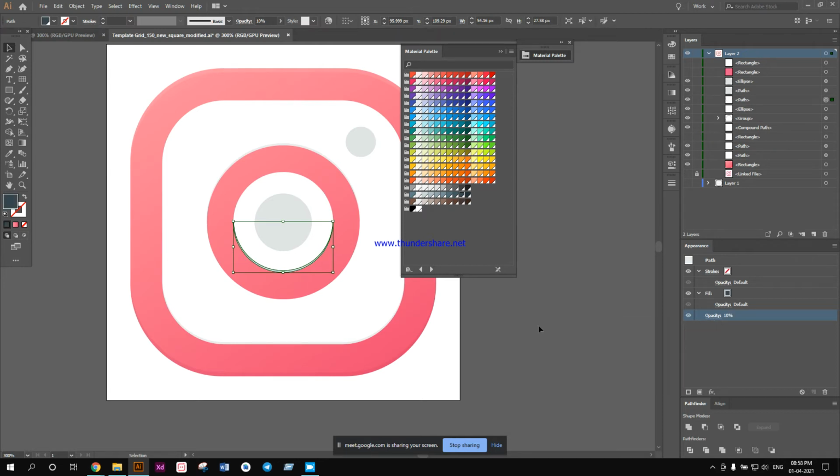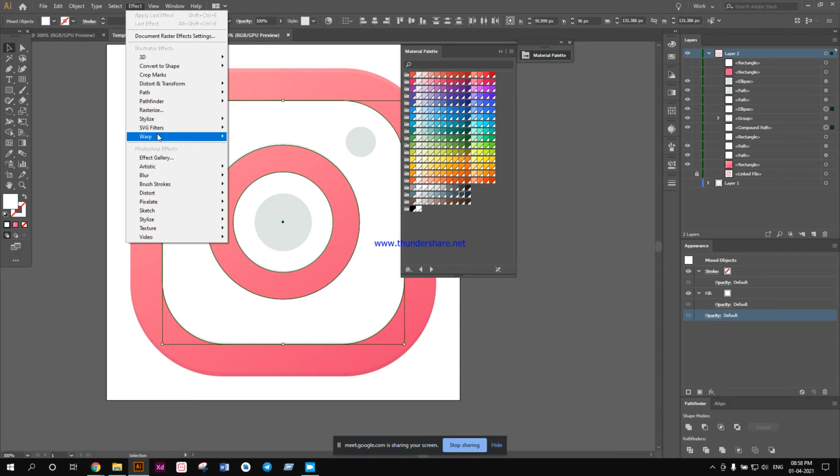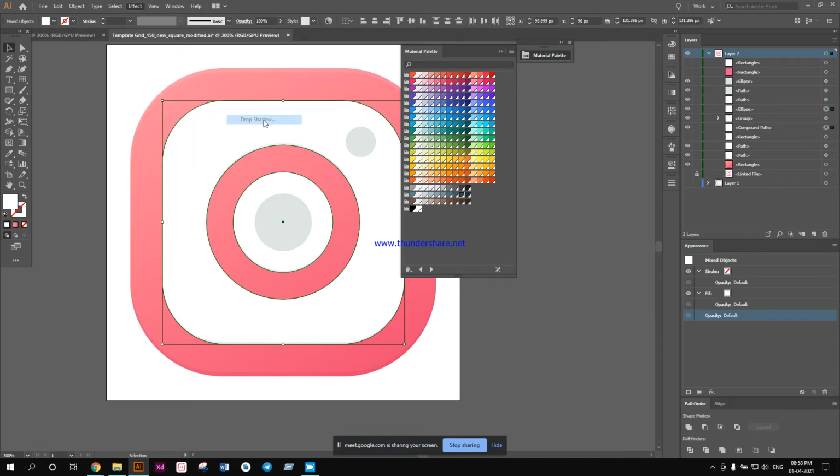Take a color and then now I'm going to add drop shadow properties for these 2 objects. This white one, this white inner circle, this white outer, this white square with a cut off circle inside. And I'm going to come to the effects tab, the appearance tab. You will find the effects part in the appearance tab, and if you don't find that, go to this effect panel over here, effect, and go to stylize, then drop shadow.